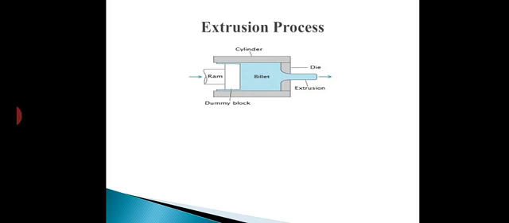The die has a cavity of the cross section of the desired product, such as round, square, hexagonal, rectangle, etc., or various cross sections according to the requirement of the product. Another part is the ram, which is used to move inside the cylinder by mechanical force or pressure. The dummy block is used as a partition between the billet and the ram. The billet is the raw material, in the form of a metal piece of soft metal or non-ferrous metal.